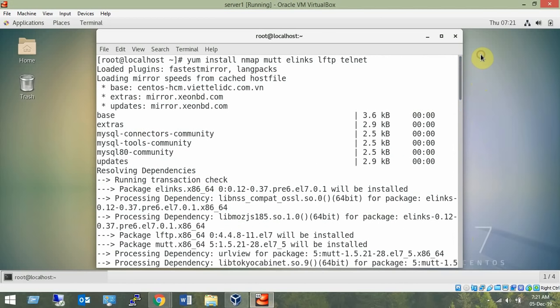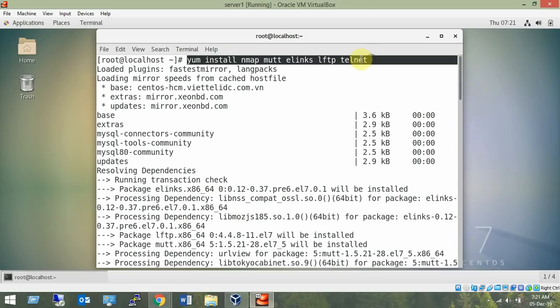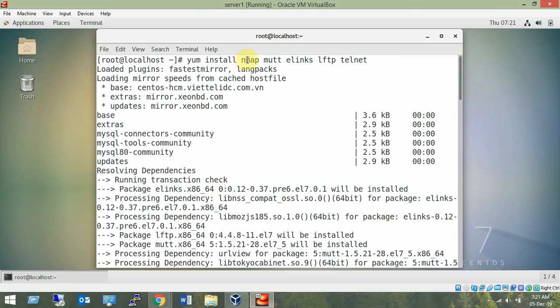The command is yum install nmap mutt elinks lftp and telnet. nmap is the command which will be discussed in this session. Let me quickly demonstrate some of the commands before we proceed.